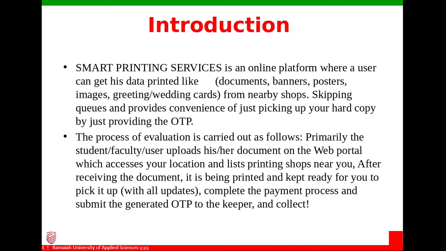So the document may be an A4 size sheet or any sort of document such as images, banner, poster, etc. Now it will search for the shop, and you click on the shop and the category of the document, then it will show the results. You click on the portal, upload your document, and once your printout is ready in the status, it will give you an OTP. So with that OTP you can go to the shop and collect your document. This is the simple principle.